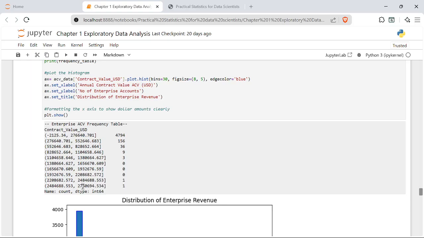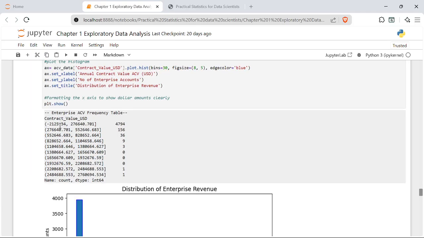So it is 2,76K and it is around 27 lakhs. Yeah, it is 27 lakhs and it is 2,76,000. So we have an account contract value frequency table. So here is the contract value in USD. So you can see from the first row, minus 2000 to 2,76,000 are in USD, from $2,000